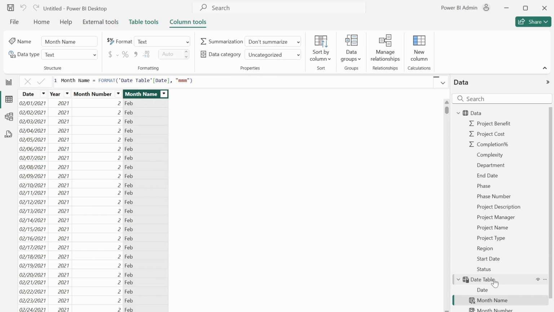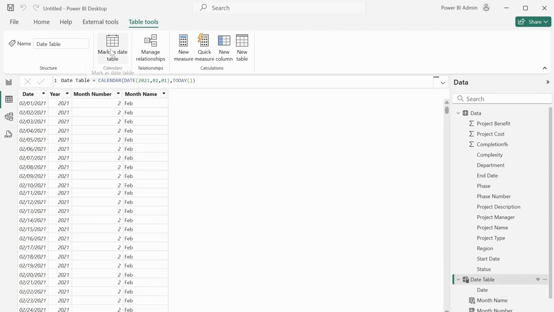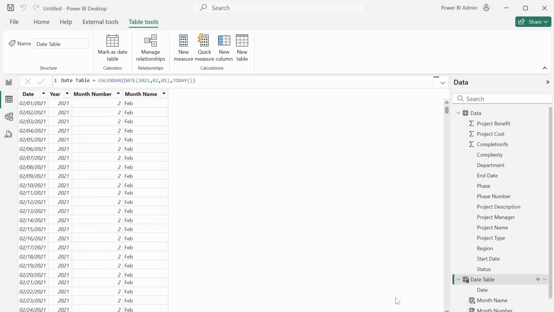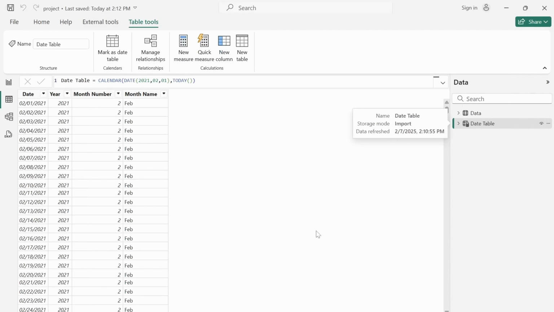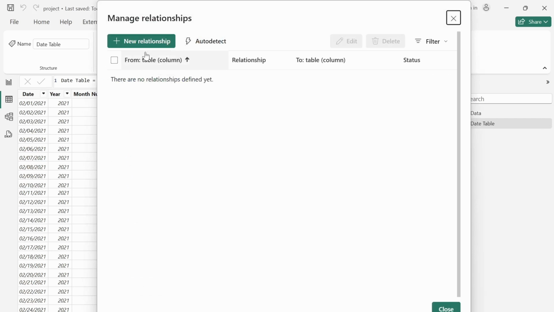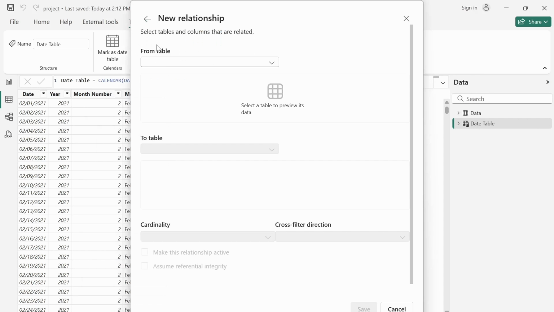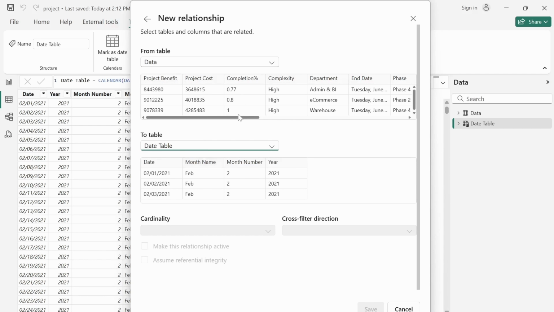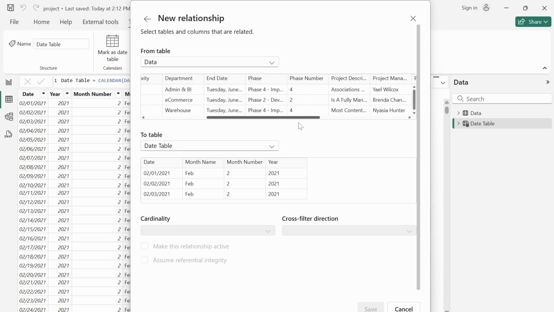Then go to the date table and mark it as date table for this particular data set. I'll choose the date column in the date table. Save. So the next thing I'm going to do is to connect my date table to my data table. So I'll click on manage relationship, new relationship, the table data and my date table. I will connect start date